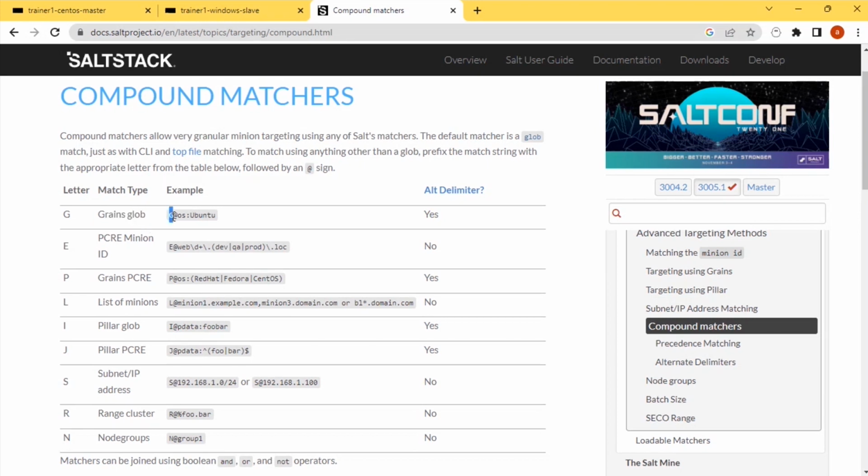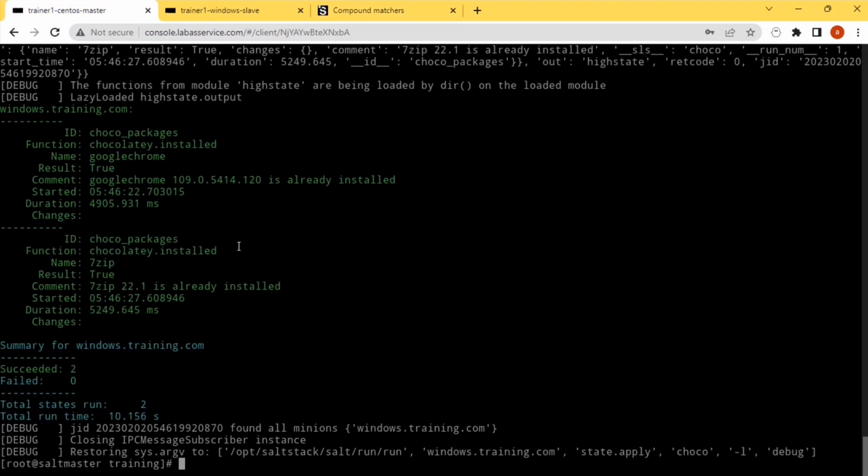So G@os. If the OS is Ubuntu, I'm going to do one thing. When the OS is CentOS, I'm going to do another. I'm going to use this compound matching in my top file, and based on the operating system, it is going to apply the respective salt file. For that, let me create the top file first. So in my master,